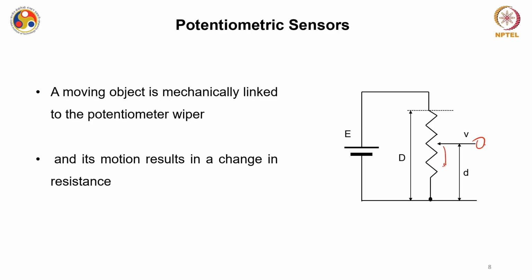So if it is going downward, it means it is probed over here, and I am taking into consideration only this much wire's length. Okay. And I know that R is equal to rho L by A, or this R is directly proportional to length. Okay. I am governing this length. Okay. So this moving object is mechanically linked to this potentiometer wiper, and its motion results in a change in